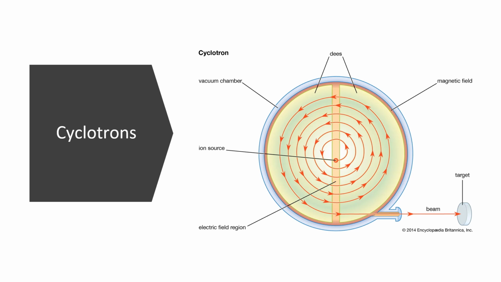So as these Ds change their polarity, and this is a charged particle, it gets attracted, repelled, attracted, repelled, attracted, repelled, and that's what keeps it in that spiral trajectory. Every time it passes this gap here in the center, it gains speed and energy, and so it just keeps doing that in its spiral trajectory until eventually it goes through that